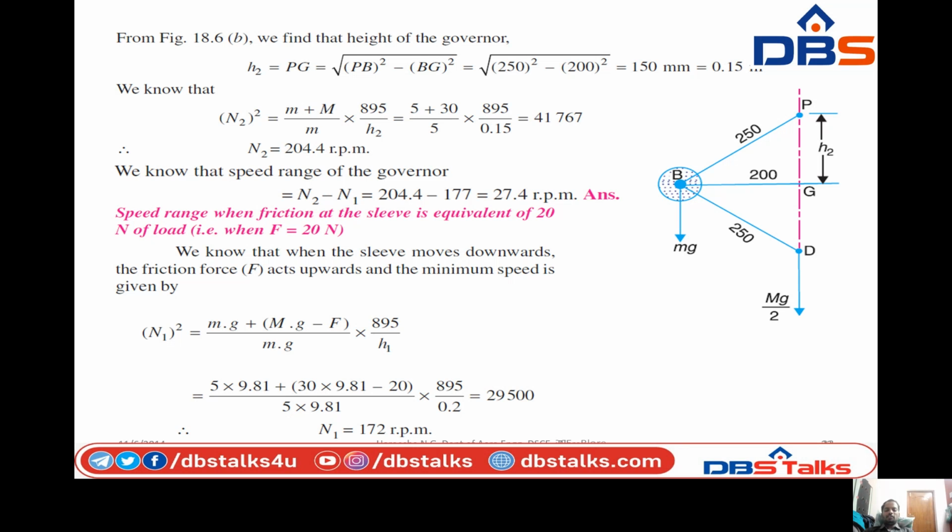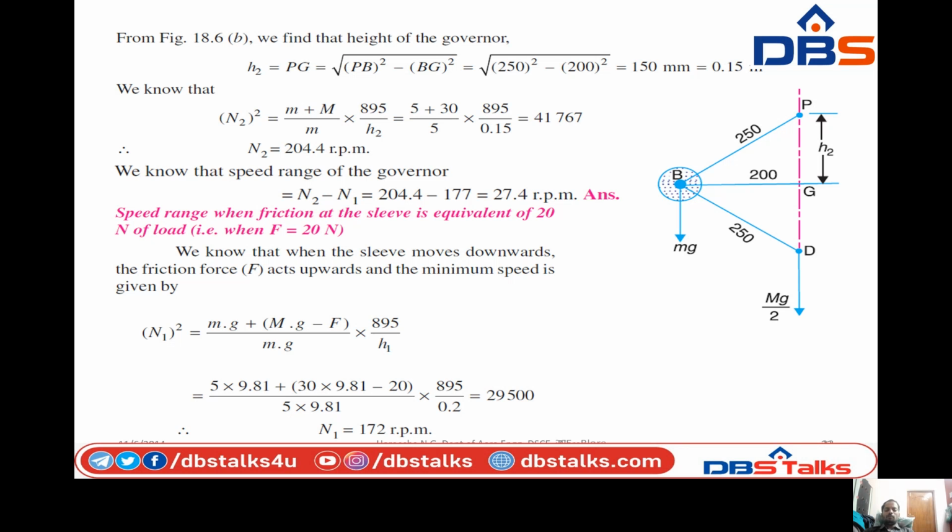Due to the friction, there may be a loss. So when the sleeve moves downward, the frictional force acts in the upward direction, and the minimum speed is